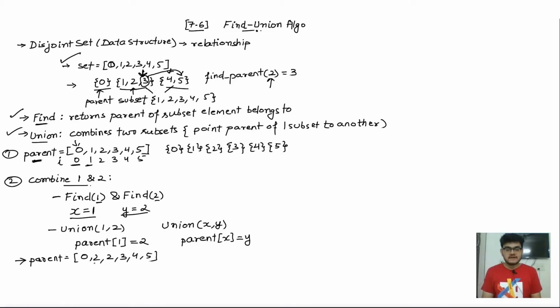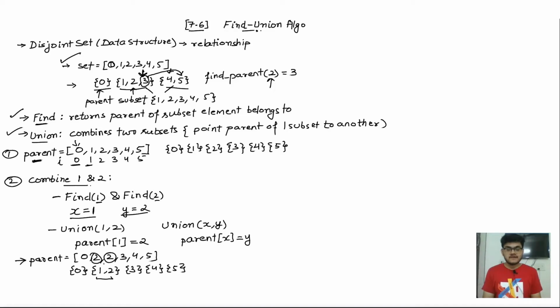Now you can observe that in this array we have one set which is 0, we have another subset which represents 2 comma 2, and actually here we have 1 comma 2, which are the positions. Since these two are equal parents, we are going to say that these two are under the same subset, and then we have another subset which is 3, 4 and 5, right? So what essentially this means is that 1 and 2 have the same values, which is 2, right? So it means that they belong to the same subset, and 2 means we have assigned the value 2 here.